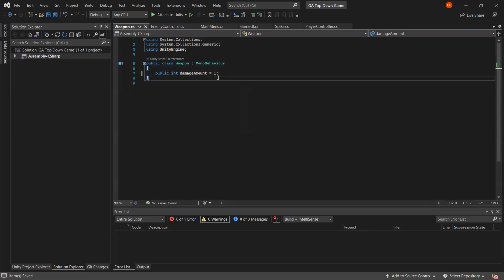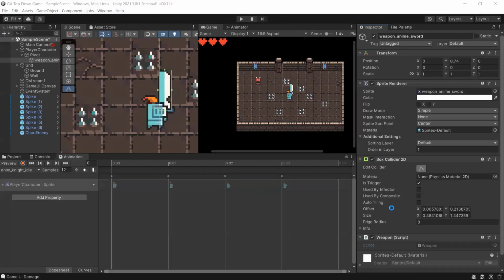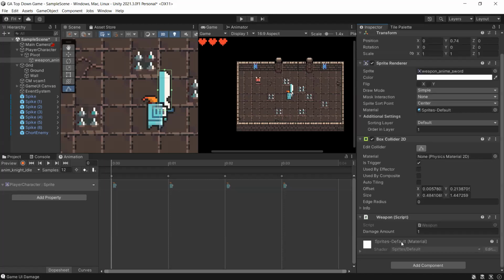We're just going to use the script to, first of all, identify that this game object is in fact a weapon, and to have the ability to control the amount of damage that this weapon does. So let's say later on in the game you get an ability or a power-up that has you do 5 damage instead of 1,